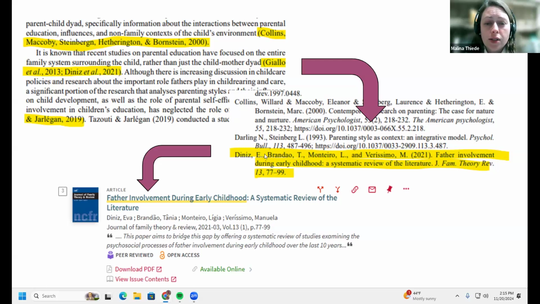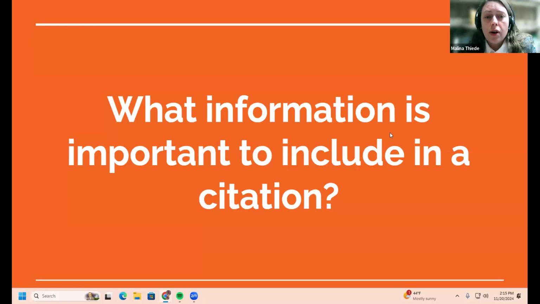And then using that information, I'm able to do a search and locate that specific article in our library. So this is a screenshot from the library search that shows the article and how I found the article. So that's again the big picture idea of why citing is important.